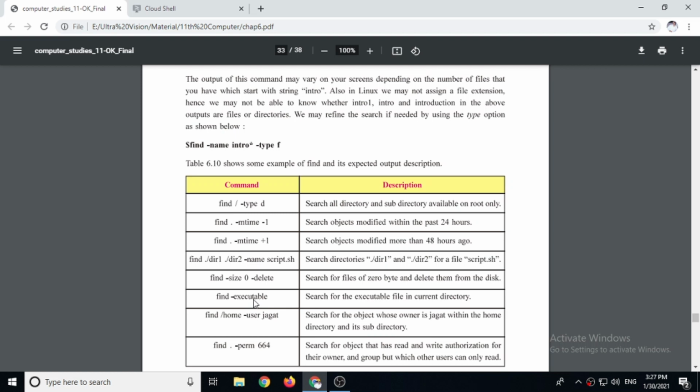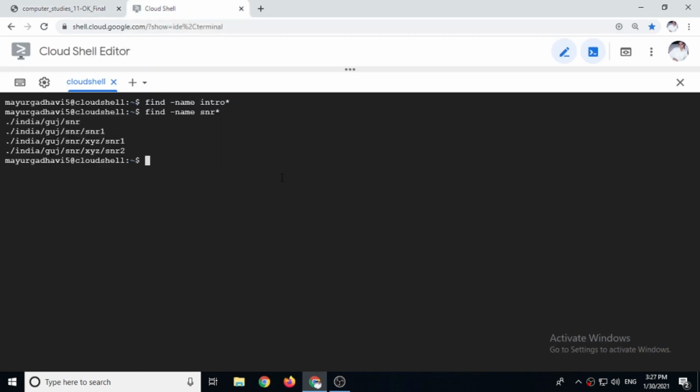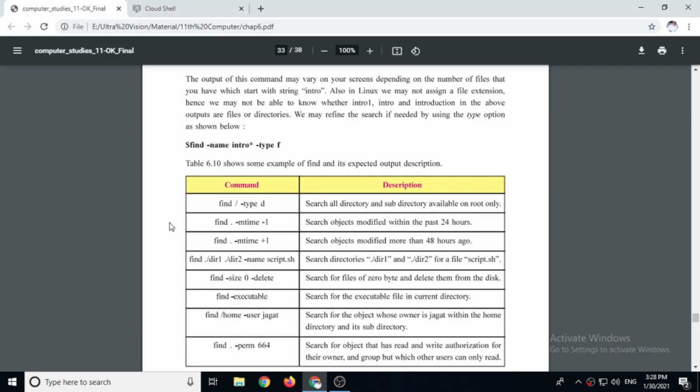Find minus executable. Search for executable files in the current directory. So where executable permission is there, it will find such files. Let's see, there is one file that we have given executable permission. So find minus executable, you have to write the entire word, remember.